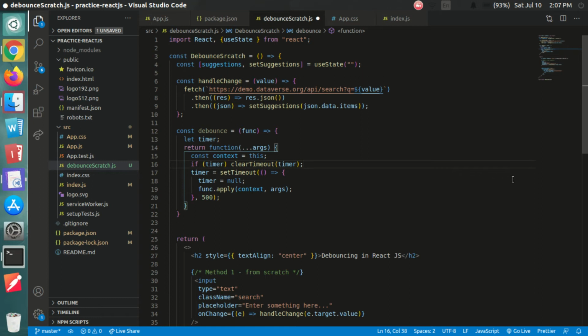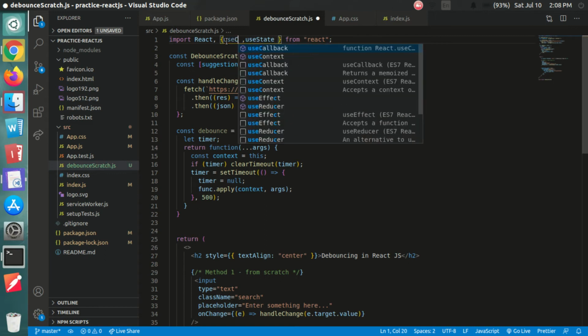Now one thing more, that our debounce function will be returning us a new function on every rendering, which we do not want. So for that, we'll use the use callback hook.